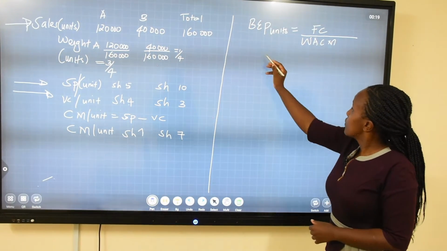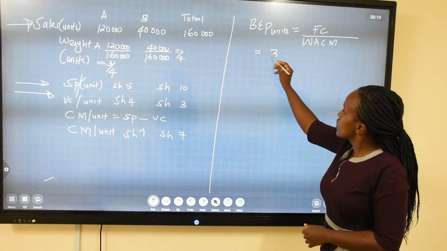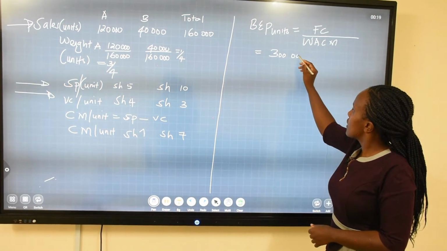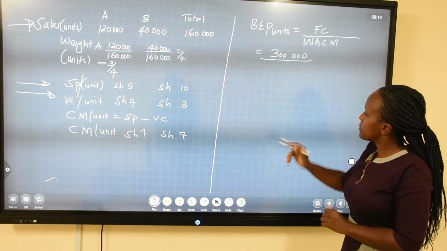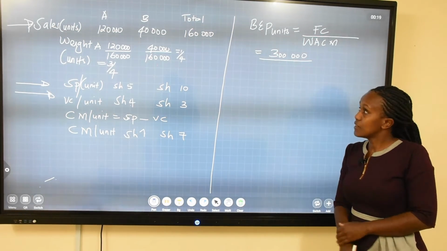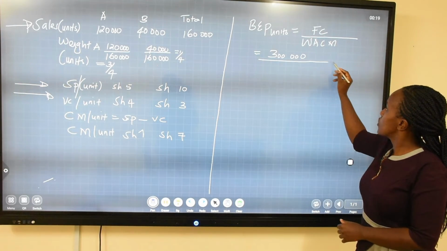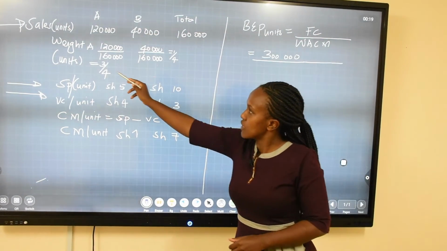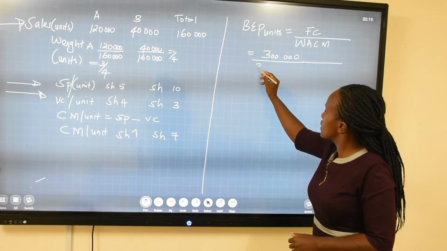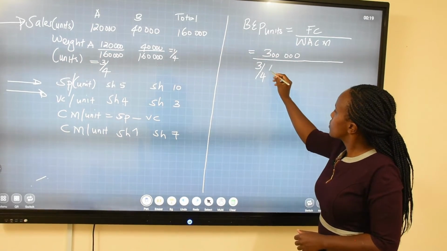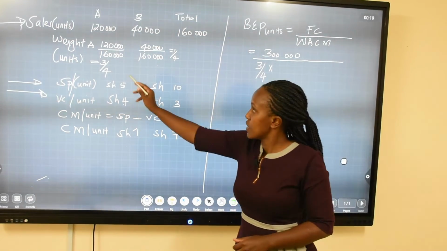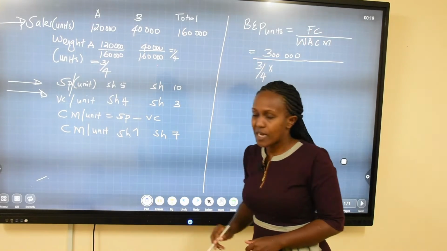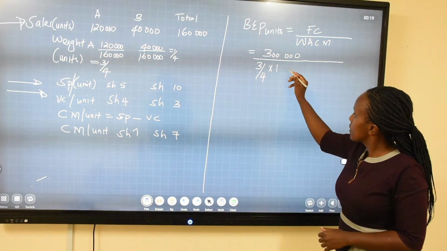We had been told in our question that the fixed cost is 300,000. Then we want to get the weighted average contribution margin, which is the weight of A. Looking here, the weight of A is 3 over 4, multiplied by the contribution margin of A, which is shillings 1, plus